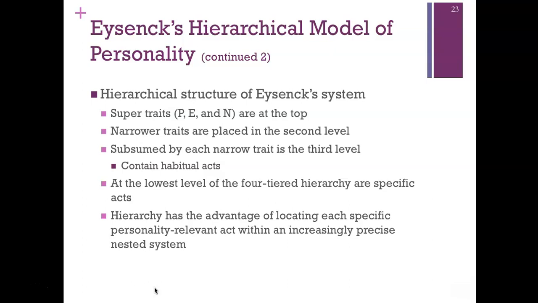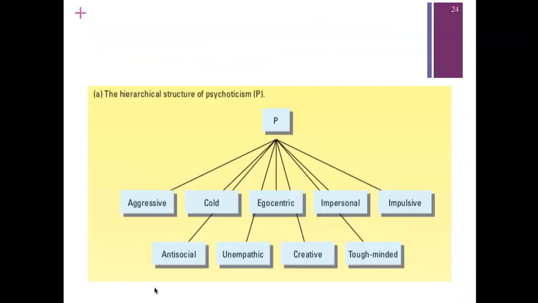So looking at this structure of psychoticism in the book that I got this from, we can see that the hierarchical structure starts with psychoticism as the first-level trait, and then we have some second-level traits that are associated with this: